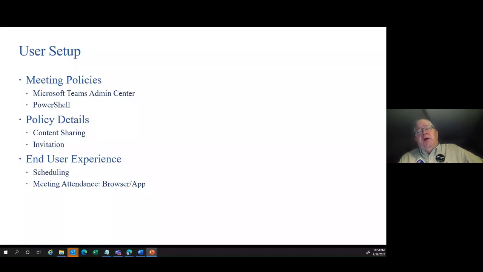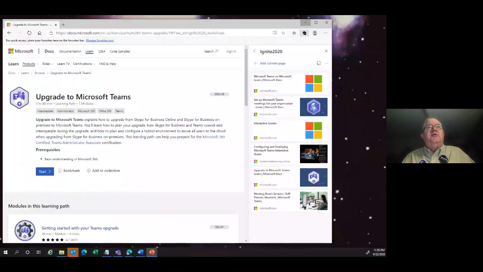So again, you'd want to do some testing, keep track of that. As far as what the different capabilities are, Microsoft is continuously evolving the capabilities within Teams, and there are some ways that you can keep track of that. If you do a search for the Microsoft Teams roadmap, you can actually find information there. But there's another spot that I wanted to show you